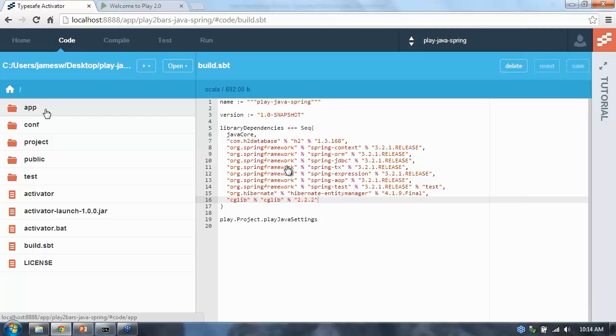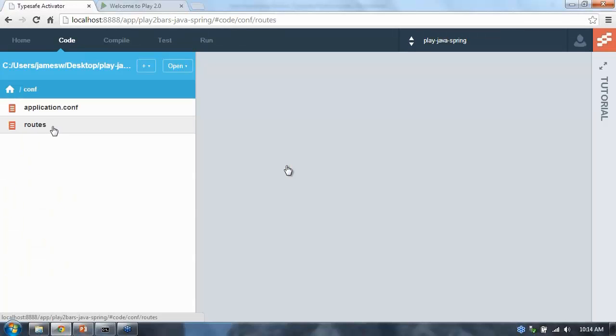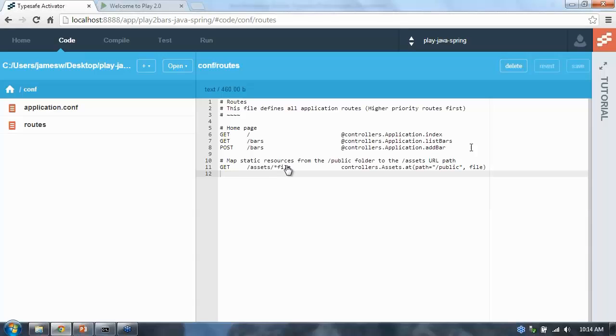So let's actually dive into that code. The first thing I want to take a look at is the routes file. So in Play, what we do is we define a mapping between an HTTP verb and a path, and then the code that's actually going to handle that request. So you'll see in this conf routes file, we're saying for a GET request to slash, handle that request with the